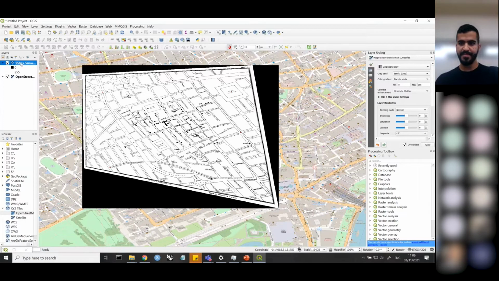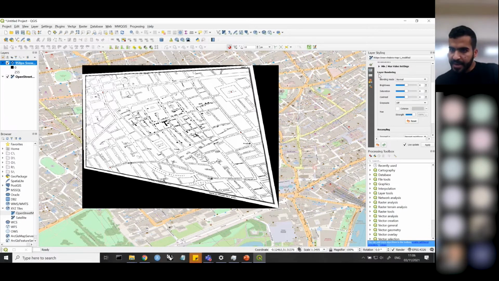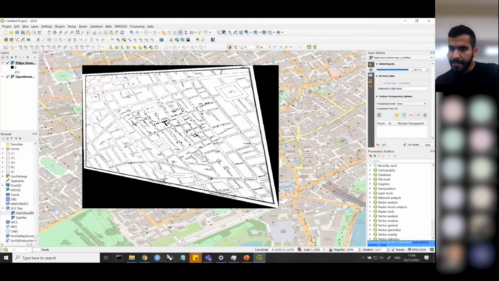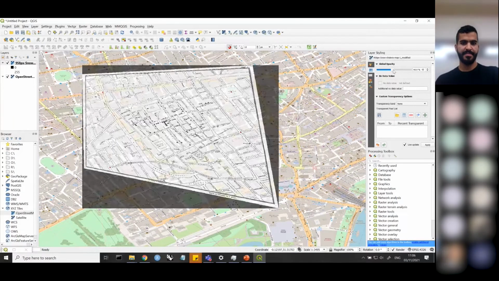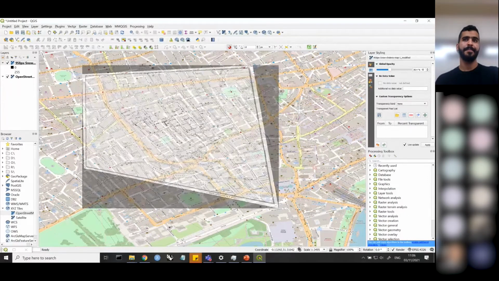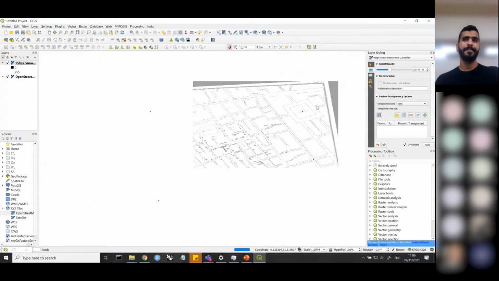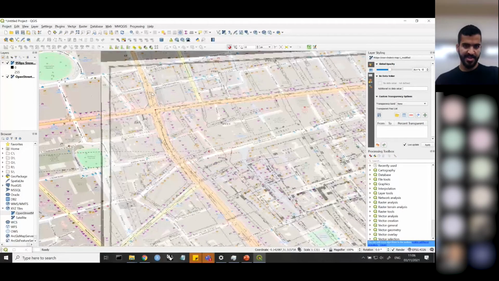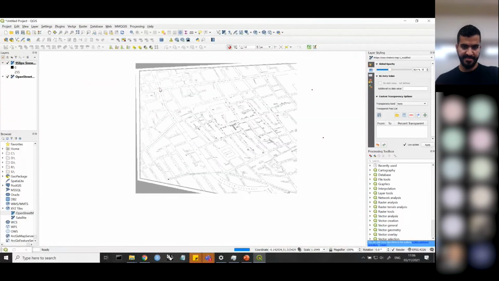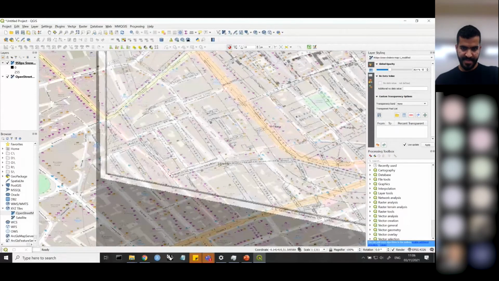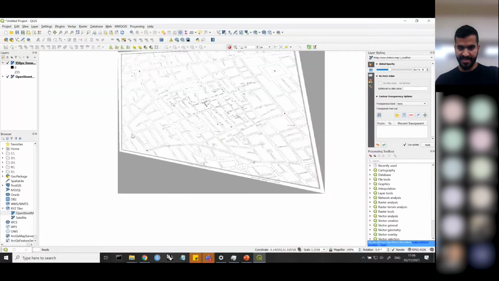So we'll go on. We'll select our image. Remember, this is saved somewhere on my computer, right? So I'll select here. And then on this second tab here, I can reduce the opacity. Yeah. And then I can see, okay, so Soho Square, this looks fine. It's referenced in the right place. Regent Square, again, that looks fine. This looks fine here, but